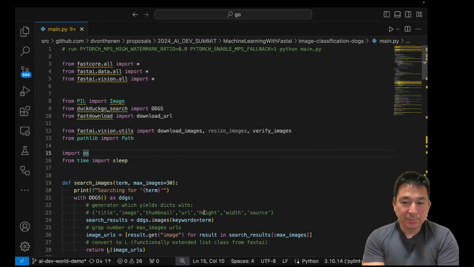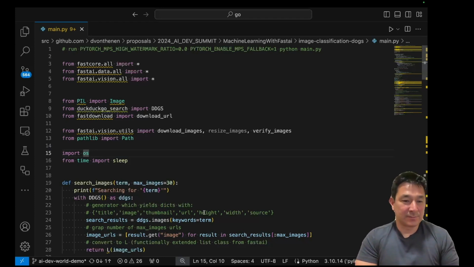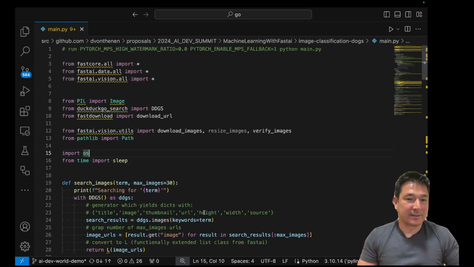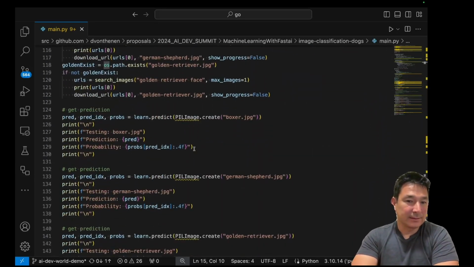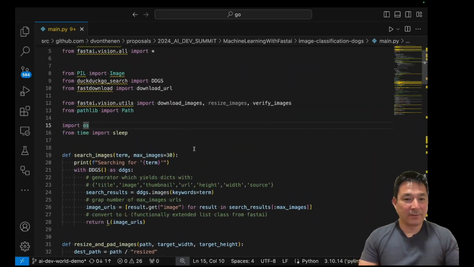Hi there. For this particular demo, we're going to show how easy it is to get acquainted with Fast AI. Whether you're a machine learning expert or not, it's very simple, even if you have no experience with generating and creating your own models. From the script here, you can see that this script is only a few hundred lines of code. It's all very high level.